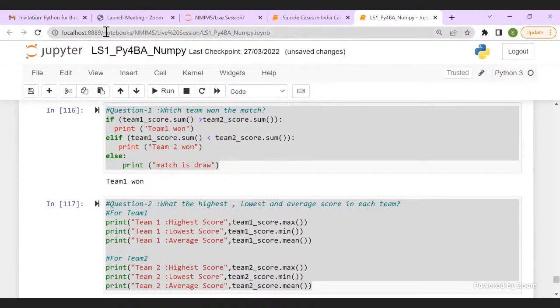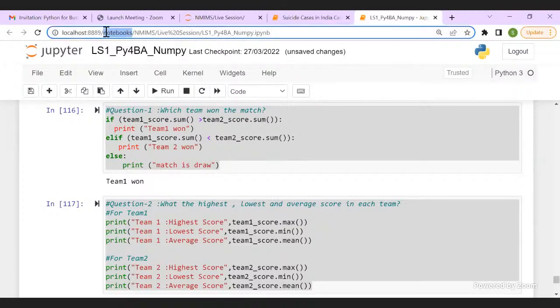This is on my local laptop, it's not on the cloud. So I'll download this file and mail it to my coordinator right now, and she will mail it to your student coordinator. You will get it by the evening. Don't worry.